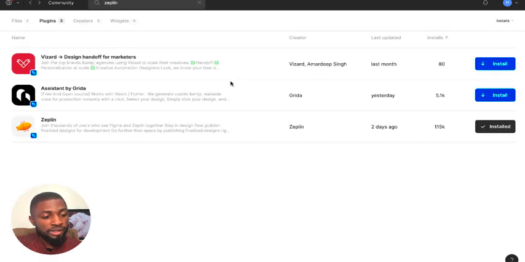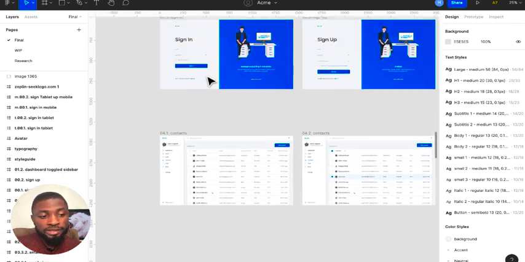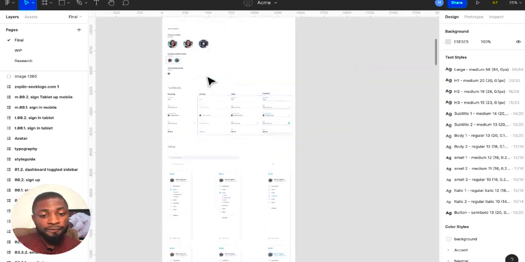So when I get to Zeplin, I can click install. I'm not going to uninstall this because I've installed it before, but I guess yours should be showing install just like this. So once you install it, you go to your design file. So this is my design file, which I want to show you guys how to export a particular file to